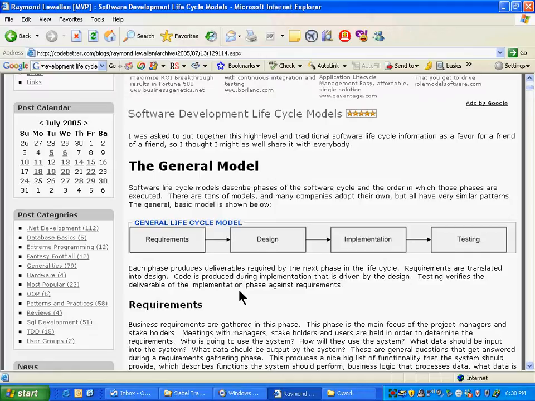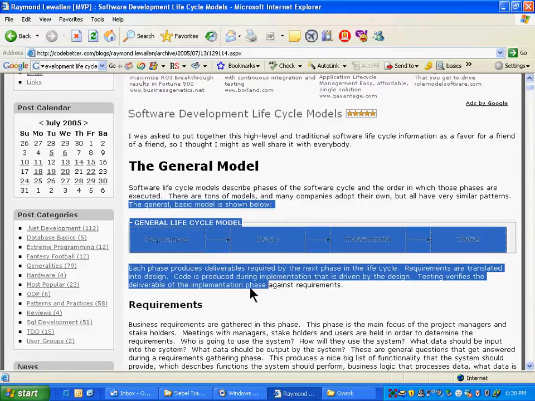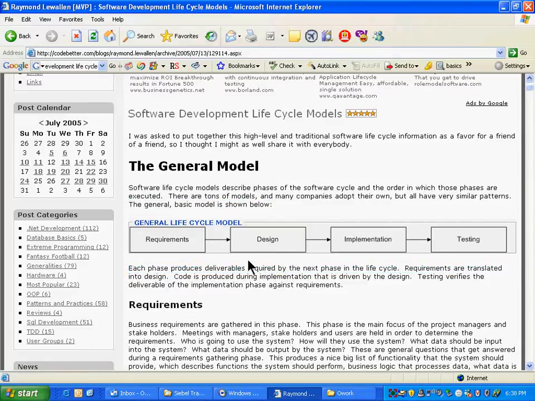Typically the design process will take another 1.5 months, and development will take another 1.5 months, and testing will take another 1 month or something. So it's like 5 or 6 months of total time. After they are happy, after testing comes another stage called production rollout. So I talked about 2 more stages than what he has written here, but this is the general life cycle model. Requirements to design to implementation to testing. This is how software is implemented. And it takes approximately 6 months.